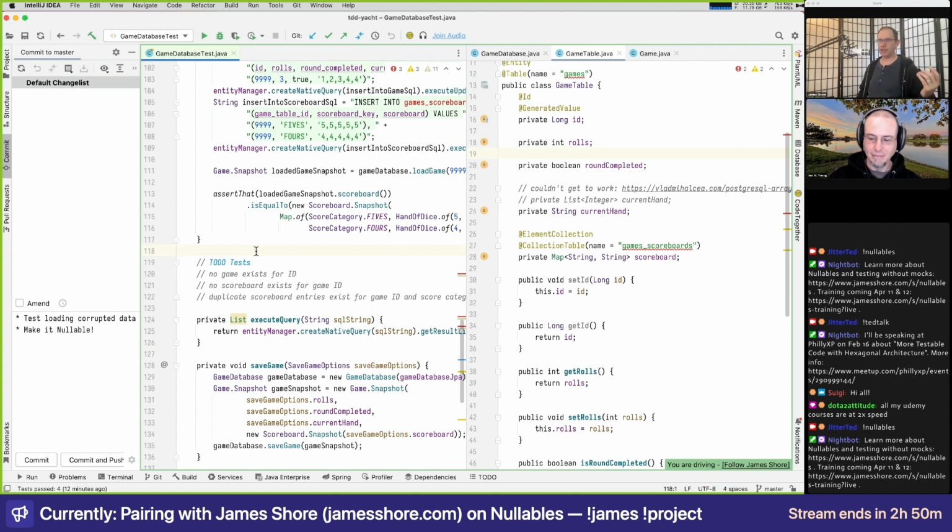Quite a while ago, Ted created a web-based version of this game, and we've been modifying it to use my Nullables approach for testing, when possibly looking at doing A-frame architecture in the future. That's why this is called the Nullables and A-frame architecture stream, although we've done very, very little A-frame architecture.